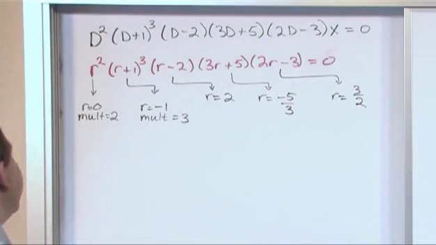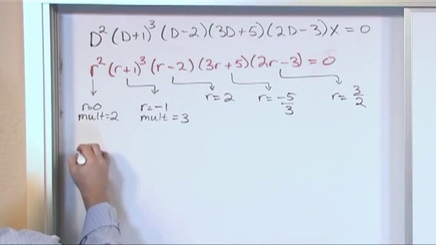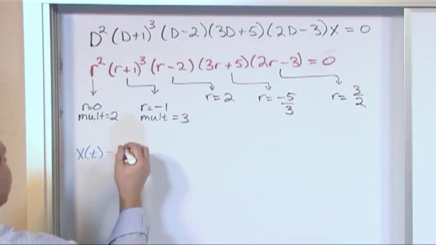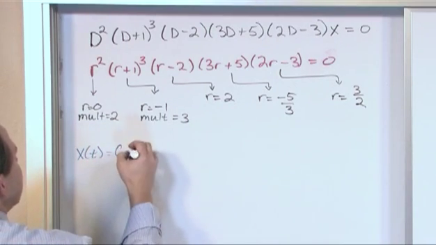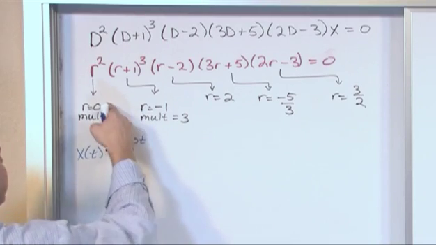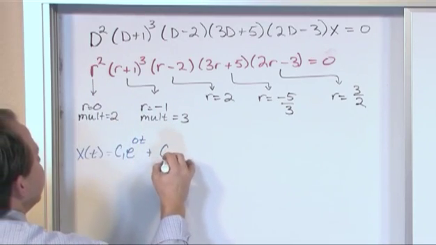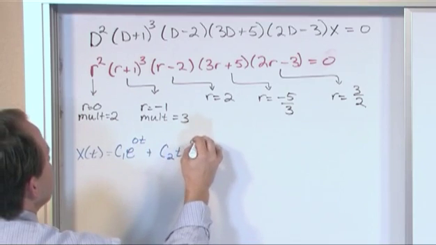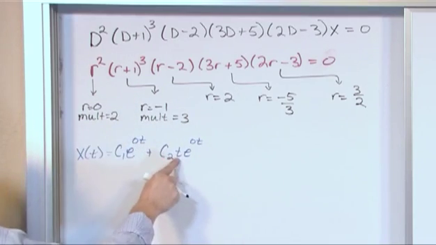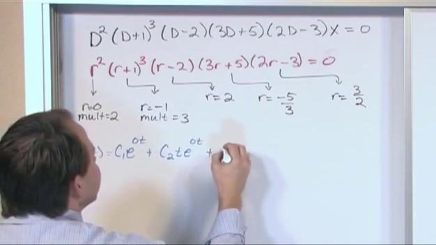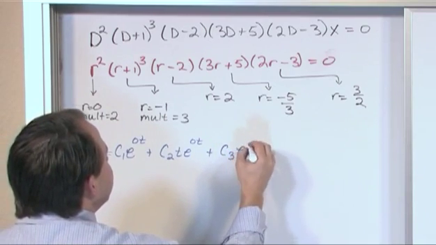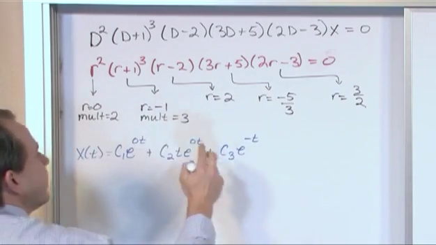And at this point, you just go ahead and write the solution down. x of t is equal to c1 times e to the 0t from here, plus c2 times t e to the 0t from here. Multiplicity 2, so I added a t here, plus c3 e to the negative t from here, plus